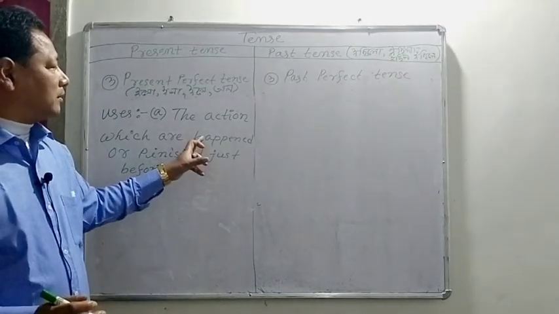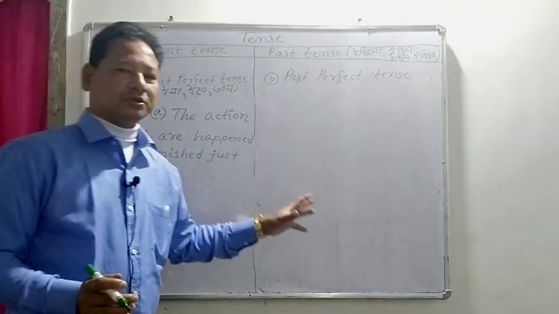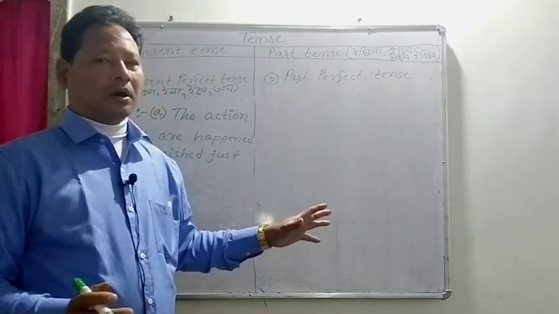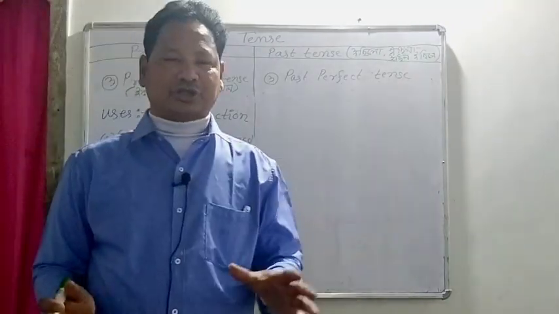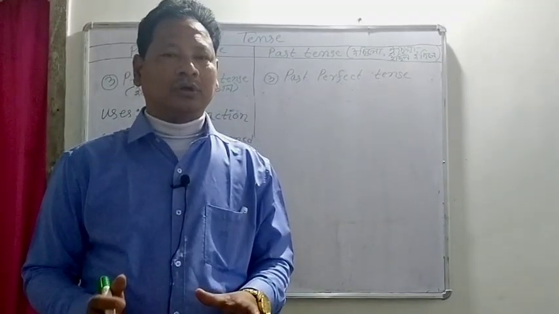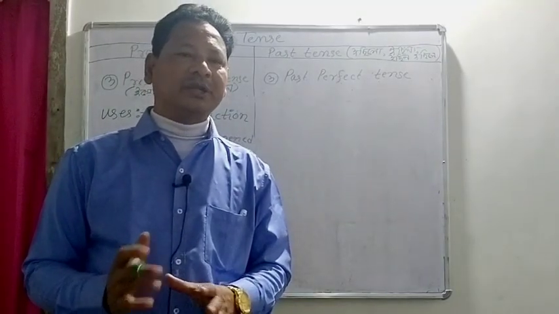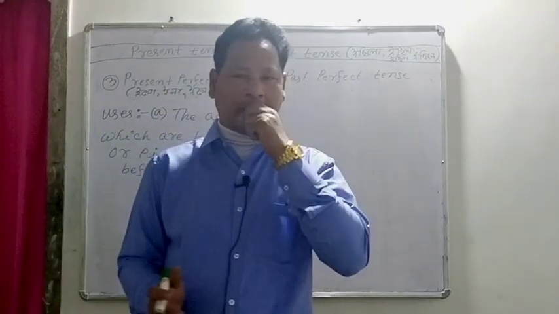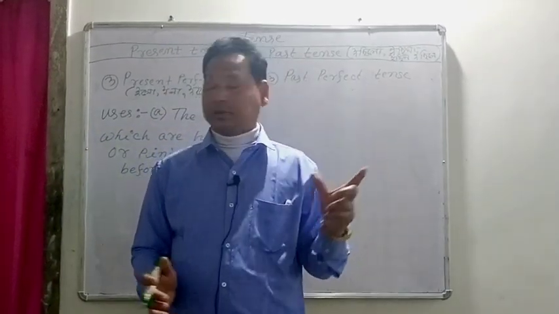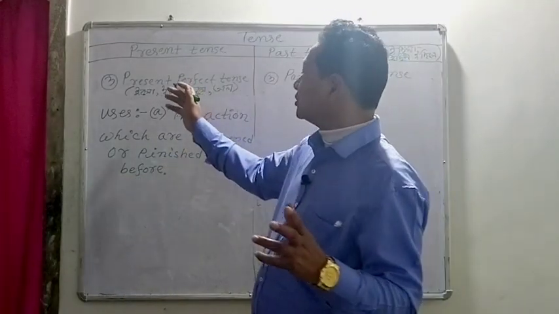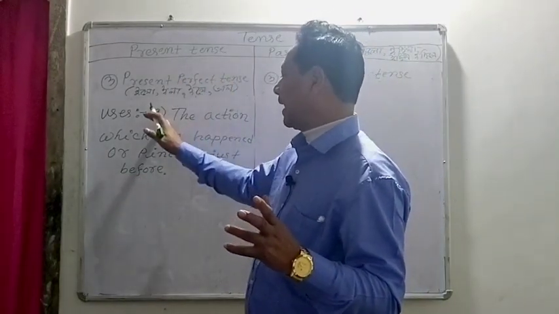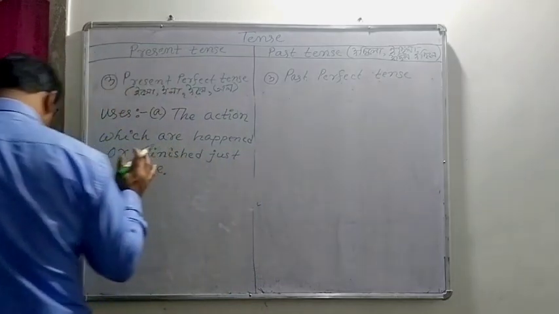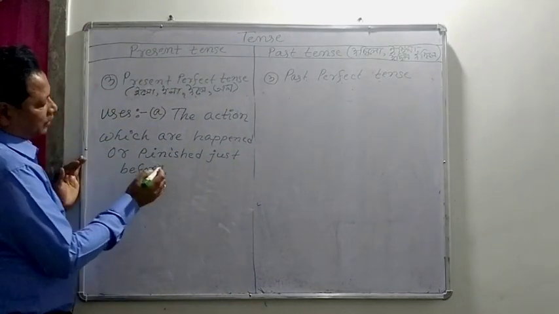The action that happened, suppose, I have come here just now, I have eaten rice just now. These are actions that happened just before. Happened just before. Then you use the present perfect tense. This is the A. You see here,